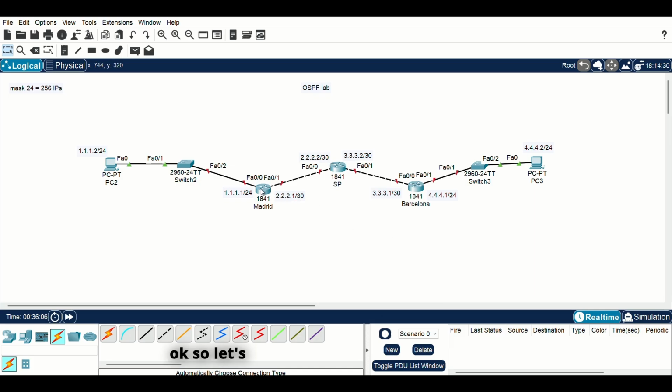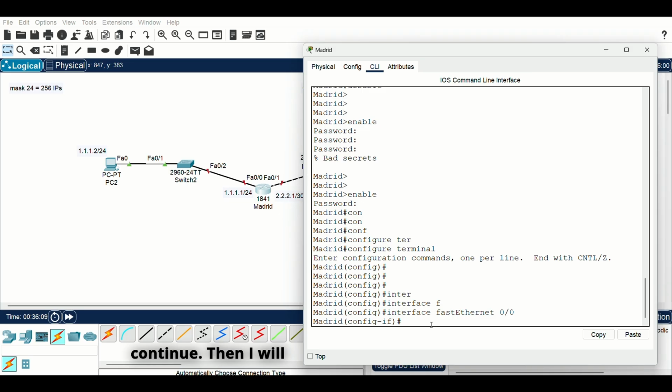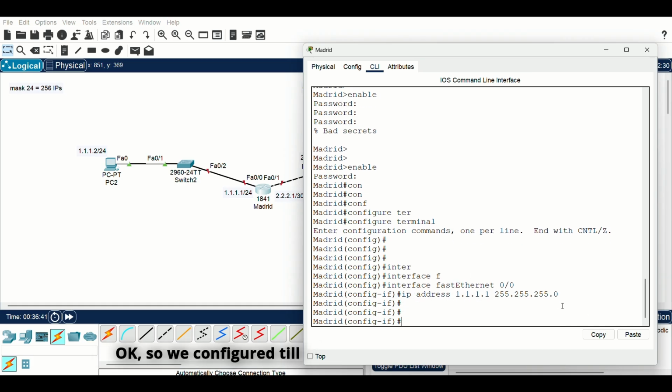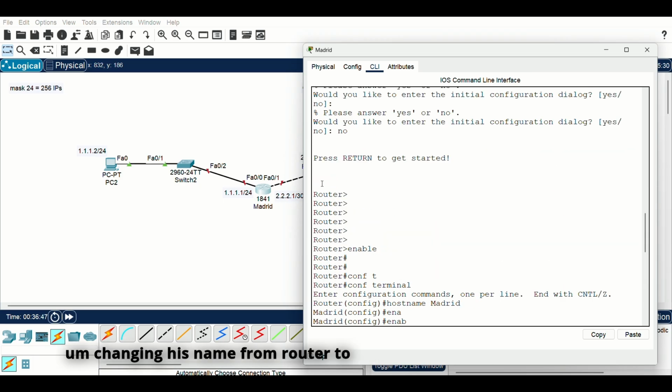Okay, so let's continue. Then I will say IP address 1.1.1.1, and I will write the mask. The mask here is written in the form of 255.255.255.0. So the translation of mask 24 is this mask here. I will press enter. So until now we configured this router successfully, changing its name from router